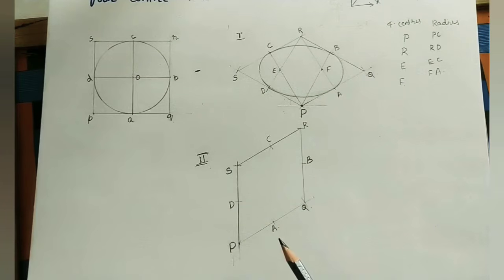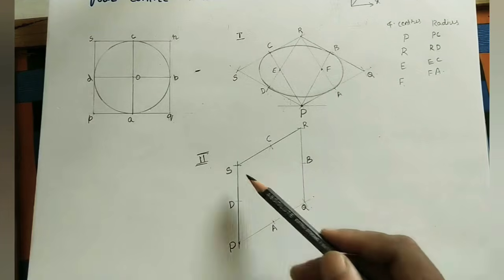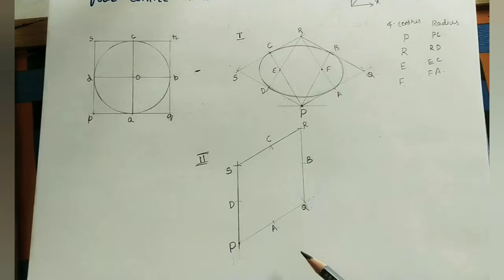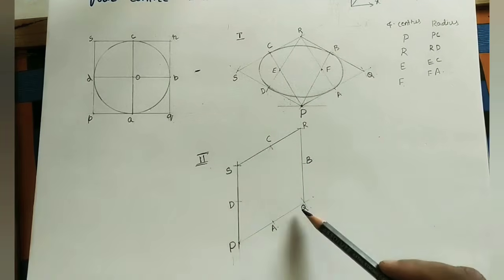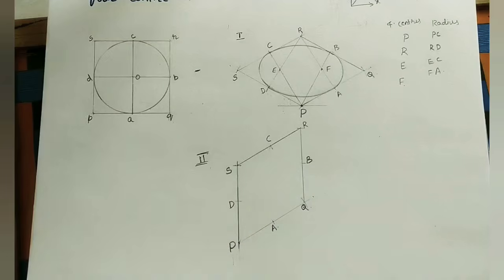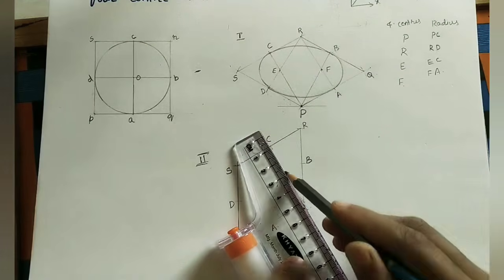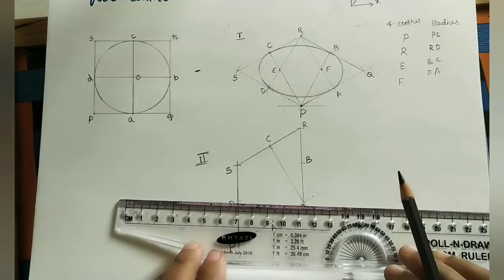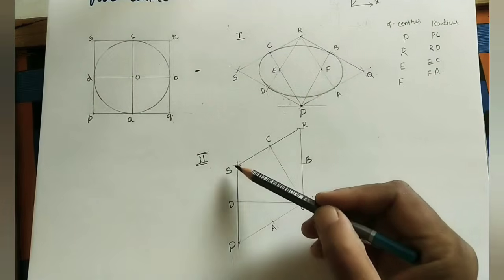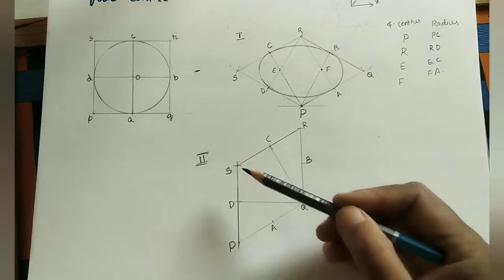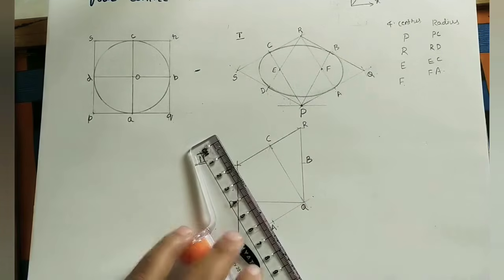Take the shorter diagonal. As we know, it has the PR diagonal and the QS diagonal. Take the shorter one. QS is the shorter diagonal compared to this one. Take Q point. Join this Q to the opposite middle points. These two are the opposite middle points to Q. Join this Q to C and D. Similarly, in the shorter diagonal, take this side. Join S point to the opposite middle points. What are the opposite middle points? AB. Join AB to S.